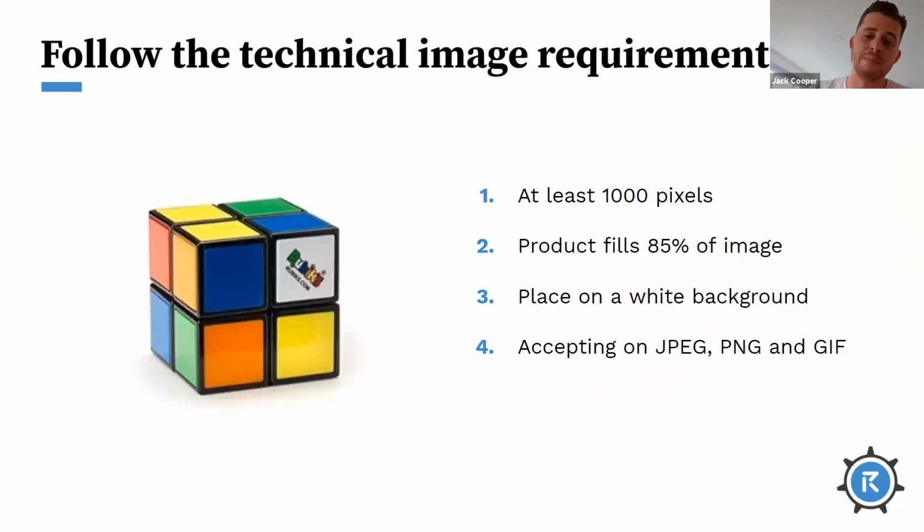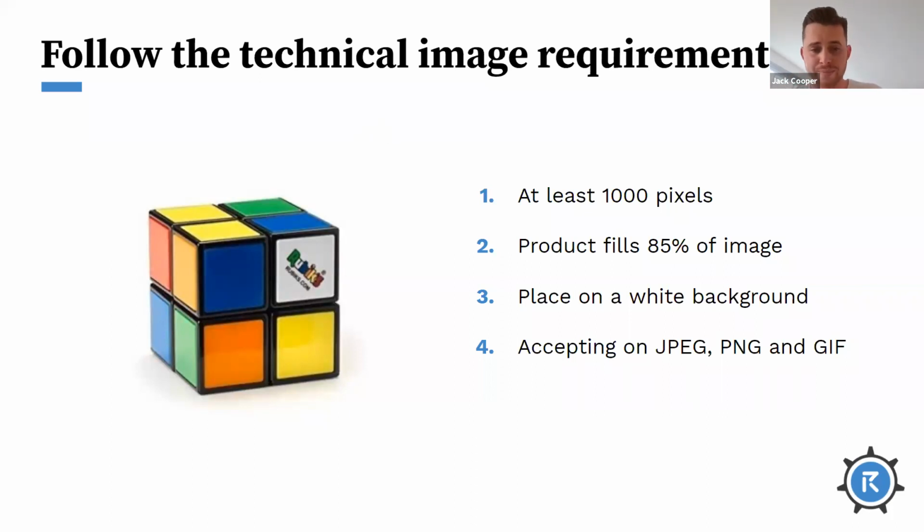So just to give you a bit of information around the requirements here. It needs to be at least 1,000 pixels. We upload listings to 1,800. It's essential so you can get that zoomability on the Amazon listing. You may see on some listings that when you click on the image, you don't get that zoomability. This is going to have a sizable impact on conversion.